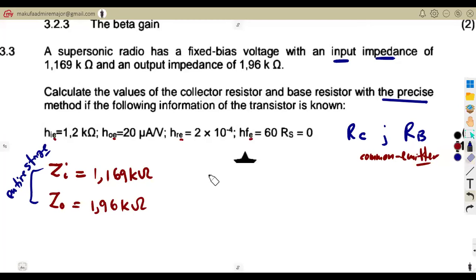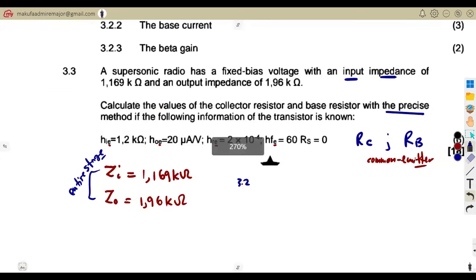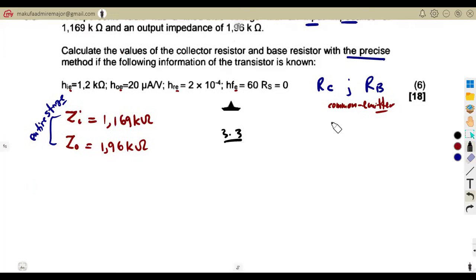All right, so that's it, guys. Sometimes exams can be like that. So this is 3.3. All right, so that's 3.3. So they're just going to consider one or two things. So we saw that it would be easier for us to start calculating RC. So we're going to focus on calculating